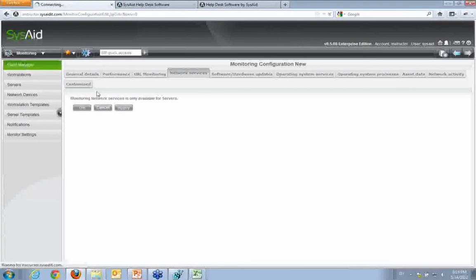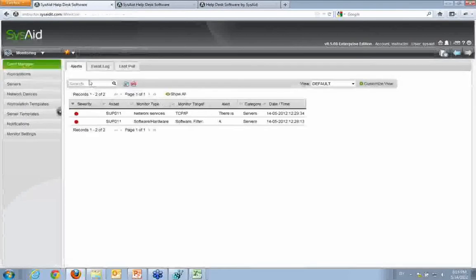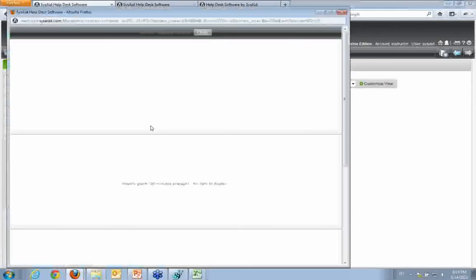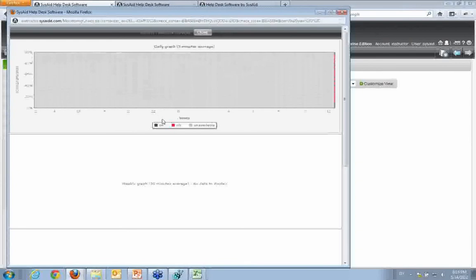Okay. So where do you actually see all the results? All the results, you see them in the event manager. In the event manager, we have three main parts. First of all, the alerts. Alerts receive all of the alerts. Okay, for example, I have here an alert from SP011, which says that 12% of network services